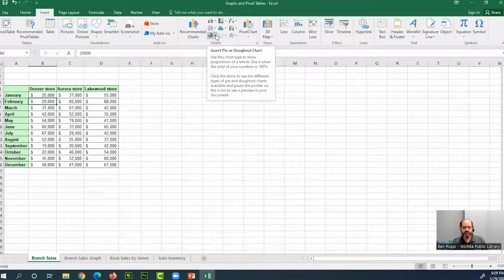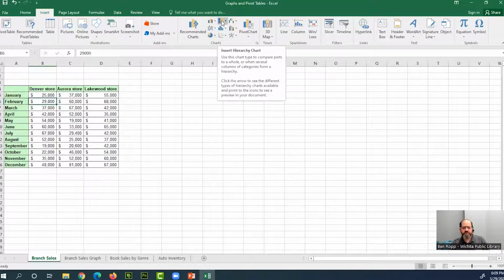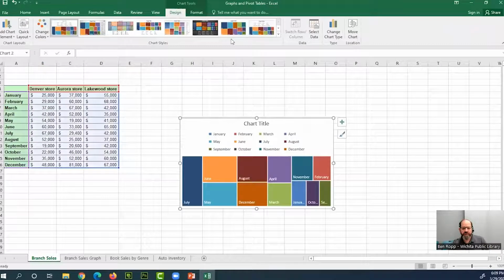And then you've got a pie chart and a whole bunch of other types of charts. So let's just grab one of these less common ones, a hierarchy chart. We'll just do a tree map. So that doesn't look super helpful, but